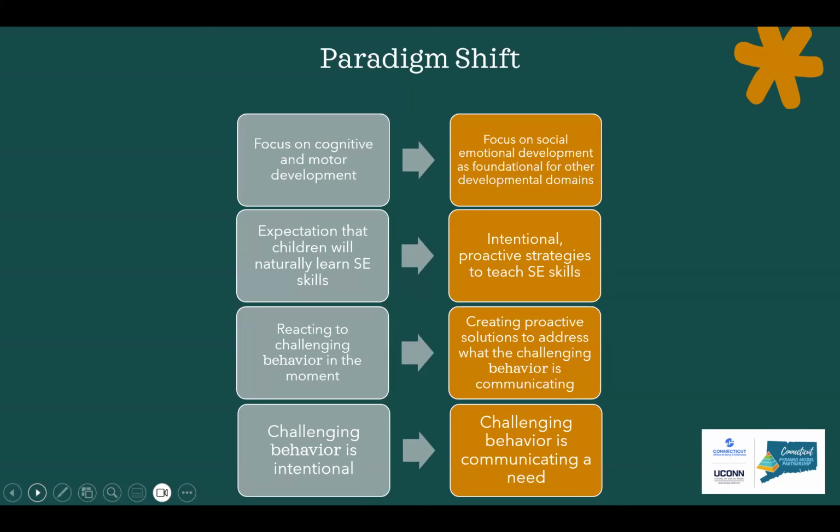And the final paradigm shift of pyramid model is that we're not seeing challenging behavior as intentional. And many well-intentioned adults will see challenging behavior as intentional. They'll say, he knows the rules, or she did this yesterday, right? Thinking that a child is choosing to initiate this negative moment. And really, again, if we think about challenging behavior as communication, or any behaviors as communication, in a challenging moment, the paradigm shift is that challenging behavior is communicating a need. And our response to a need is so different, right?